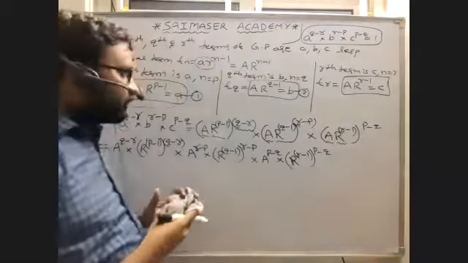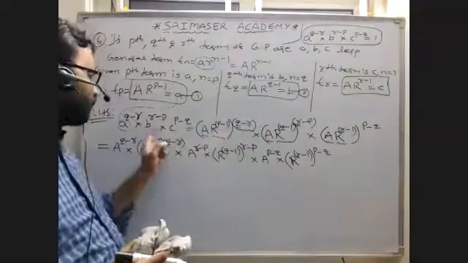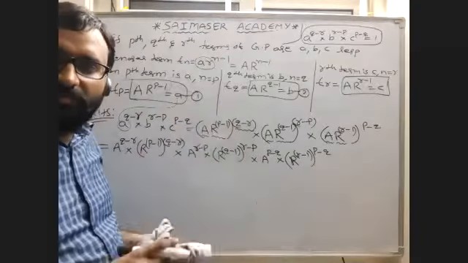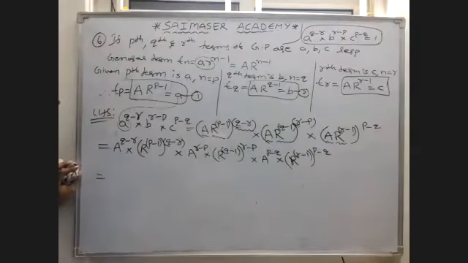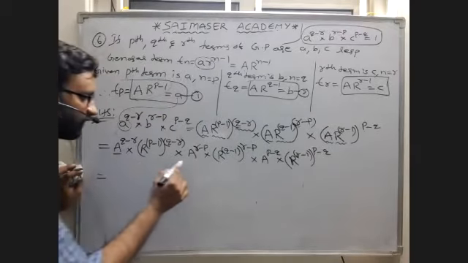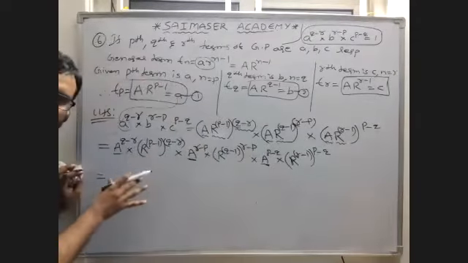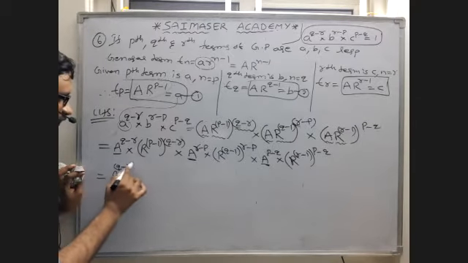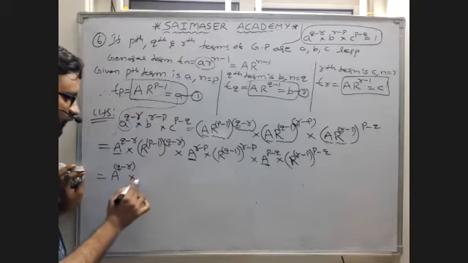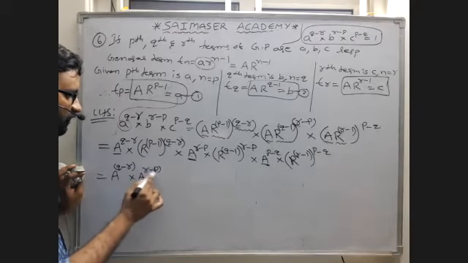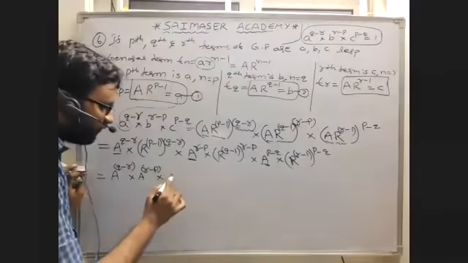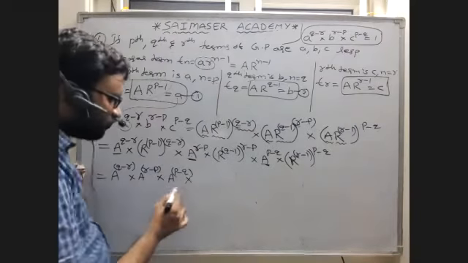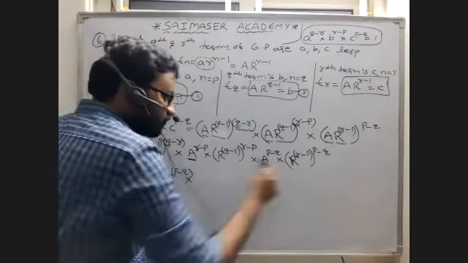So in this step, I wrote the values of a, b, c. In this step I applied the powers for each term which are in brackets. Now this is equal to, this is a, this is a, this is a. I'm writing all the a terms here. That is a power q minus r into a power r minus p into a power p minus q. The a terms are finished. Now this one and this one and this one I will write here.